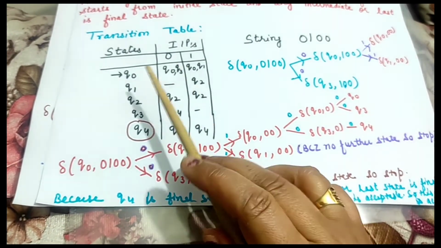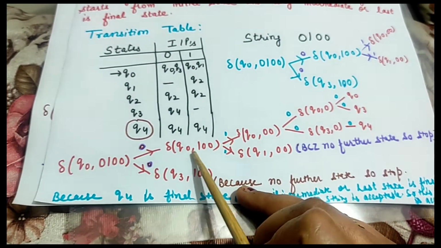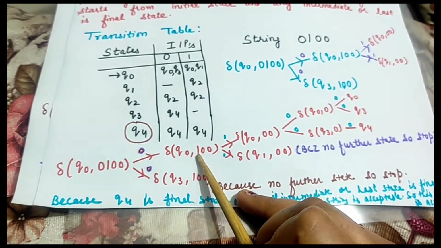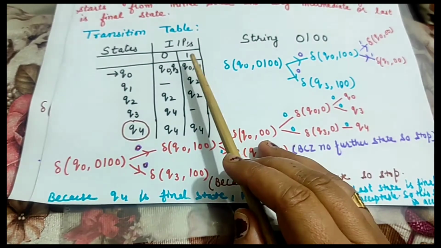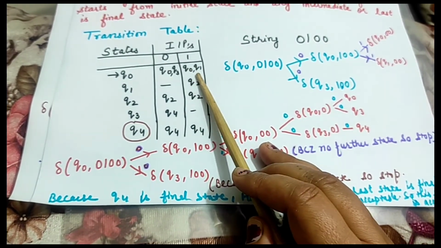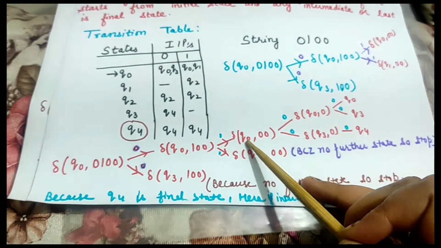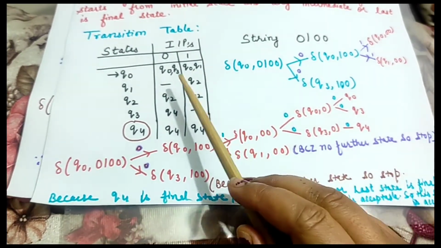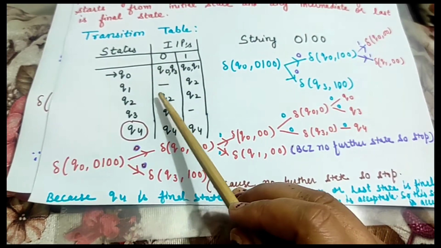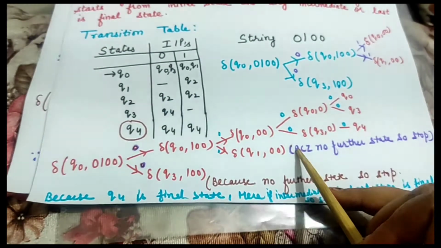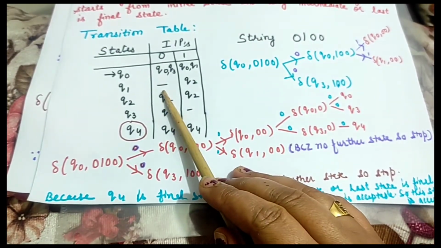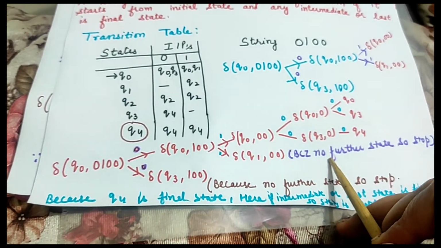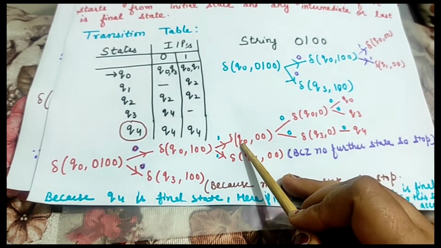For the Q0, the current state is Q0 and having the input 1. For Q0 having input 1, there are two further states. These are Q0 and Q1. Now check for the Q1. When we provide the 0 input at the Q1, no further state is given in the transition table, so stop here. Now check for another state, Q0.